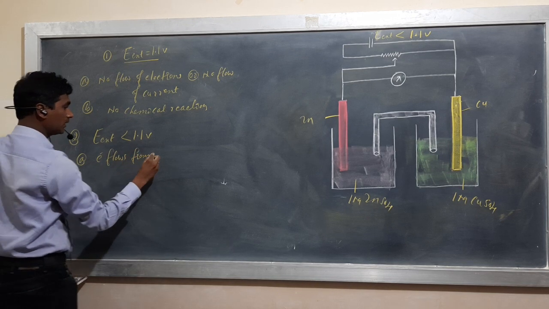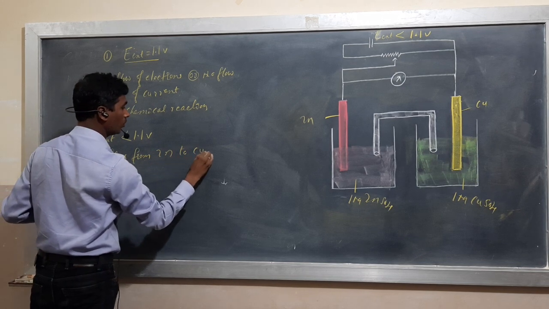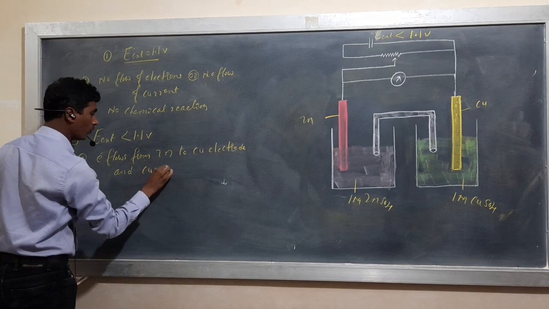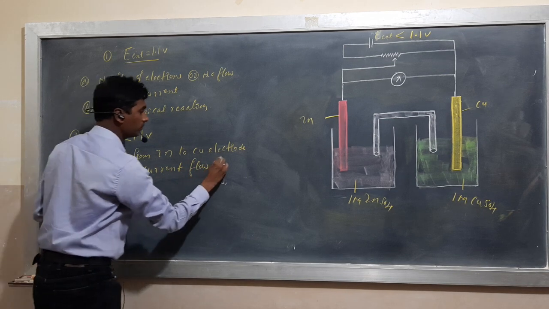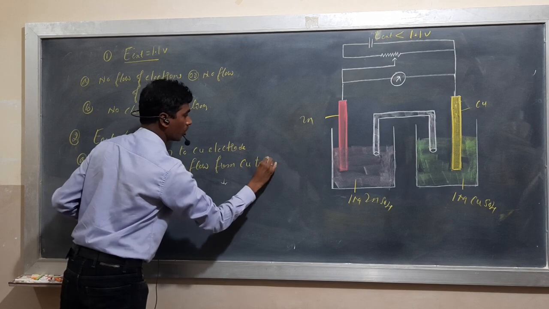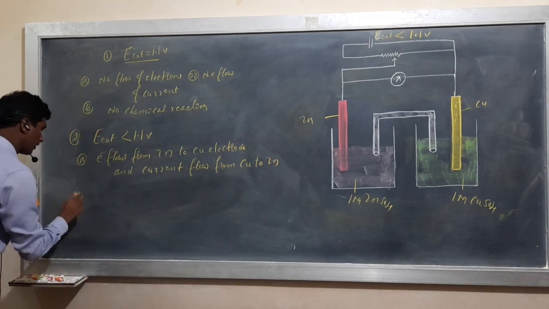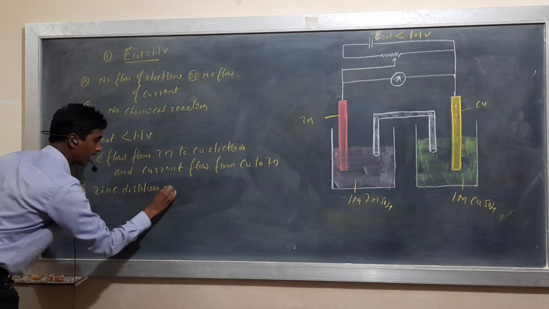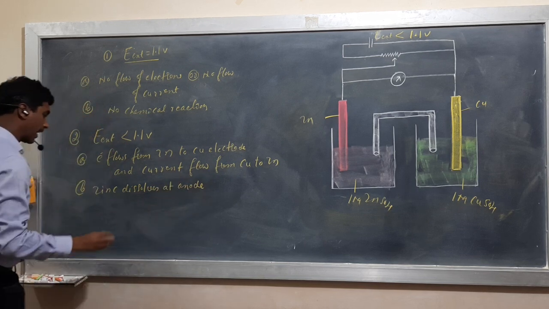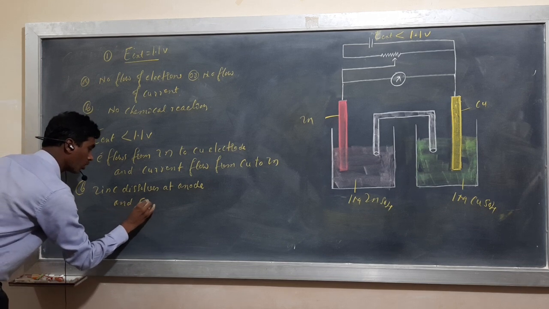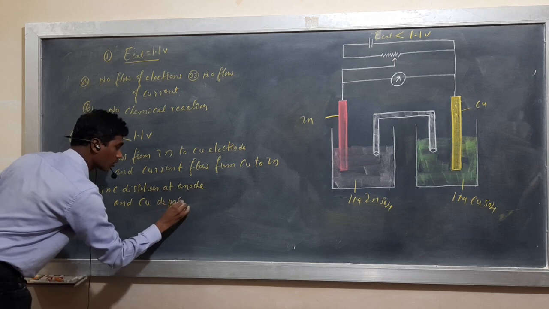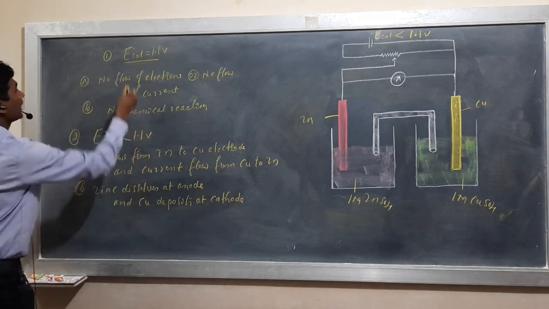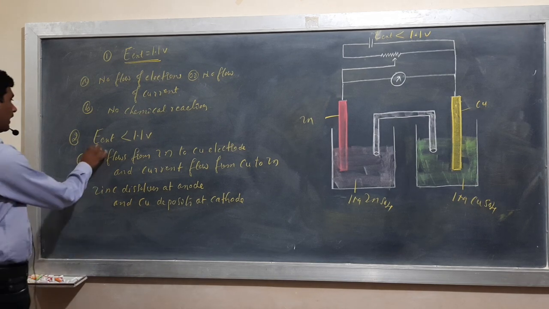Electron flows from zinc electrode to copper electrode, and current flows from copper to zinc. And the B is what here? Zinc dissolves at anode, and copper deposits at cathode. So this is case 1 when external voltage equals 1.1 volt, and the second case is if